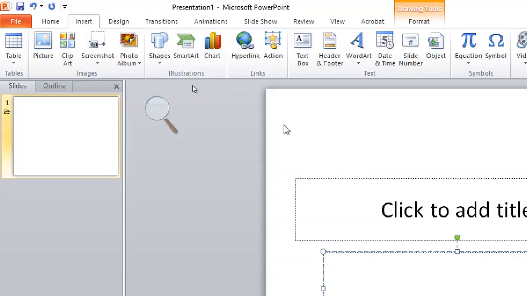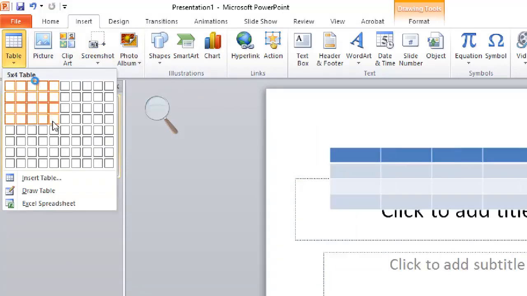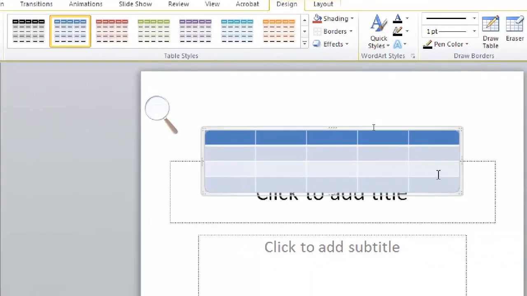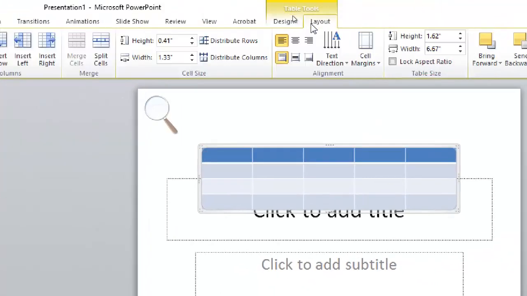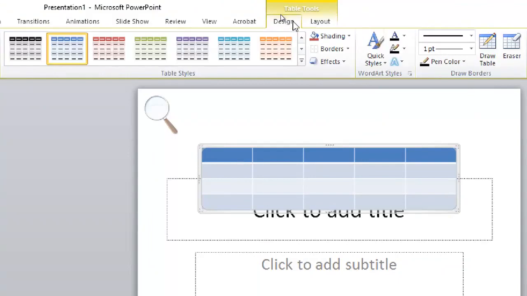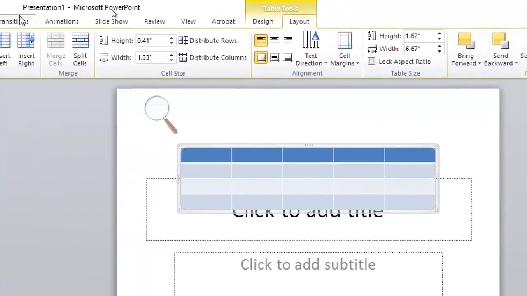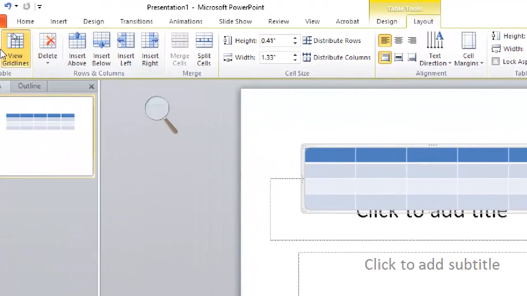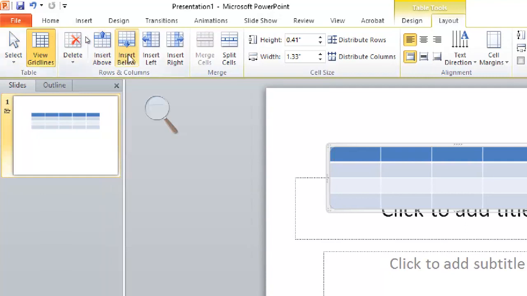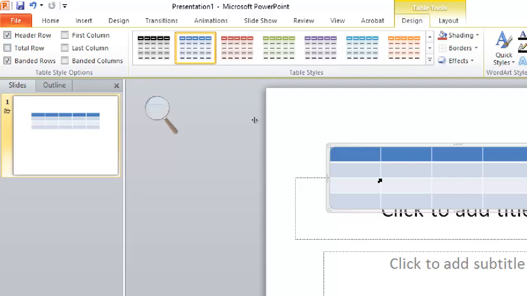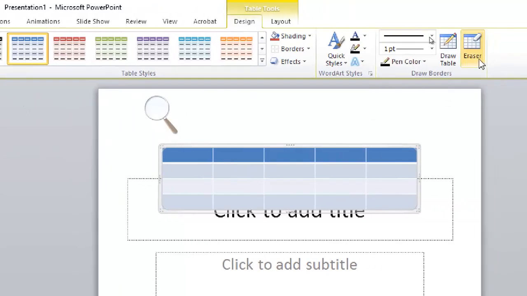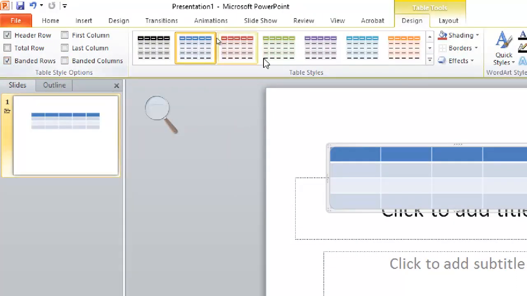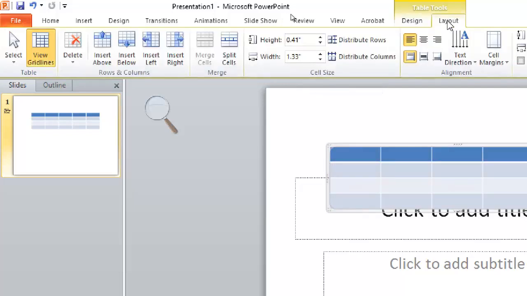And one of the most important points here is when you insert any object, for example, if you insert a table, you will see that you will get 2 additional ribbons on the top. So explore these ribbons also. Explore every button or every feature, what its impact is and how it works, either in PowerPoint or Microsoft Word. These are important areas ICAP can examine from these ribbons as well.